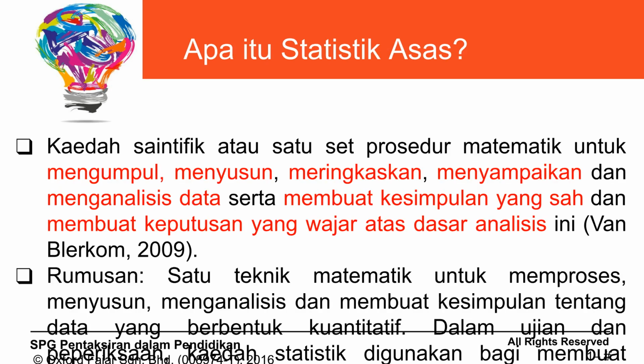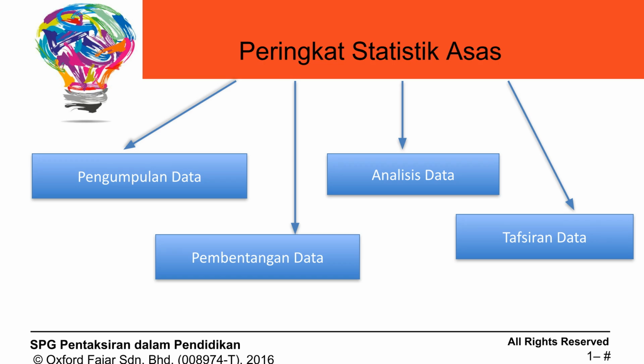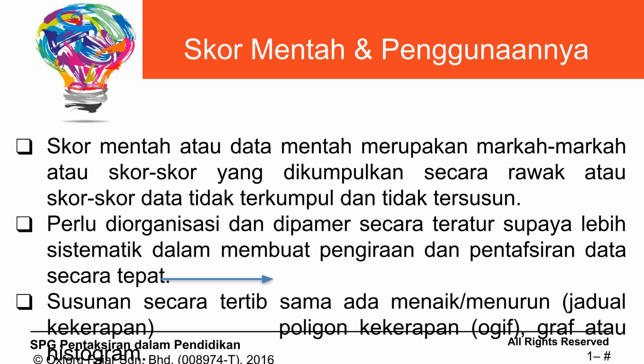histograms and ogives. Basic statistics is a scientific method or a set of mathematical procedures for collecting, organizing, summarizing, presenting, and analyzing data. The stages of basic statistics include data collection, data presentation, data analysis, and data interpretation. Raw scores or raw data are collected randomly and are unorganized. They need to be organized and displayed systematically for accurate calculation and interpretation, often using frequency tables, polygons, ogives, or